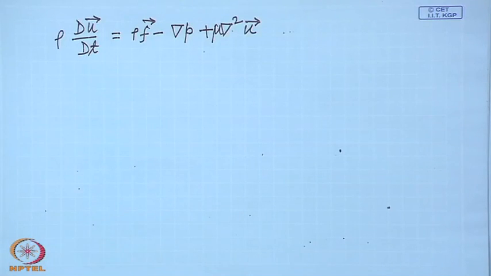Anyway, these 4 equations, and how many unknowns do we have here at this stage? We have 3 components of velocity. So, 3 unknowns plus pressure and density. So, we have 5 unknowns in 4 equations. So, we need one more equation to supplement it,